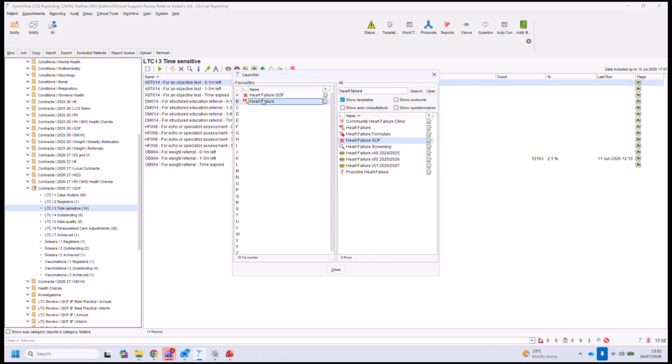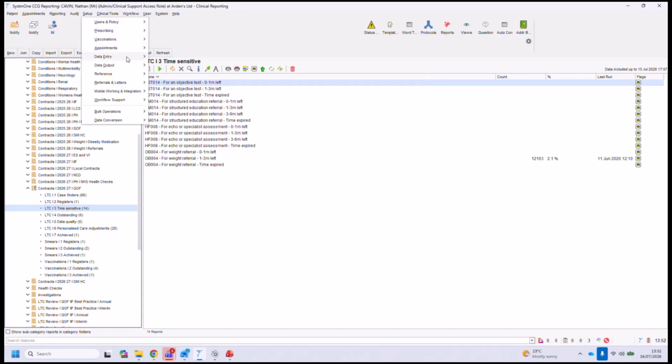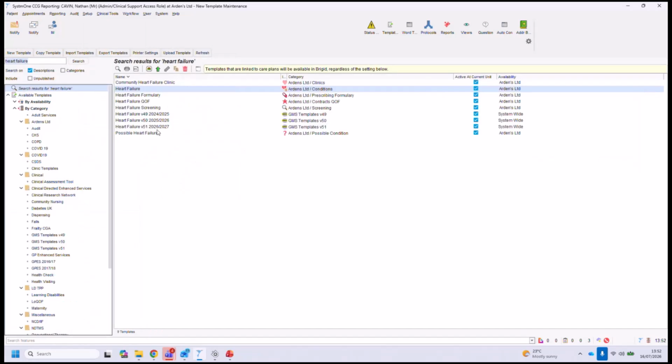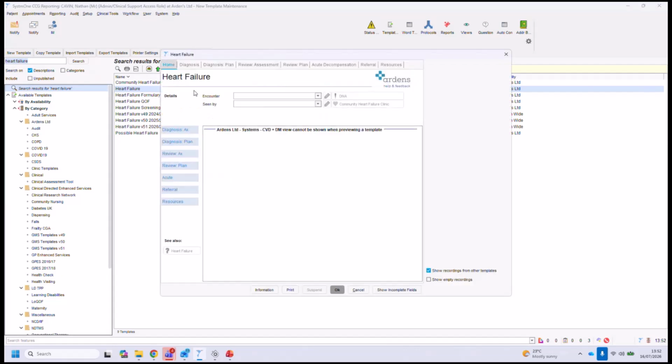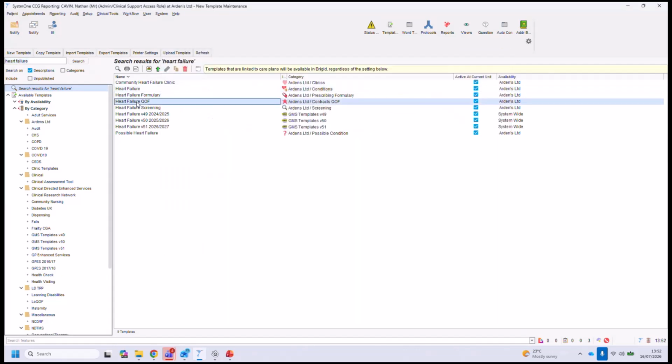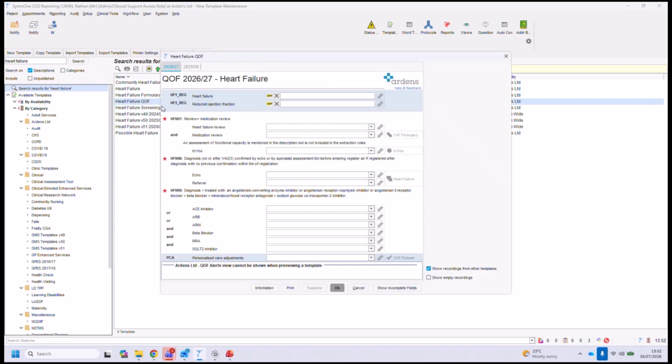Now, I'm just going to show you these templates. I'm going to have to go in another way, but really what you would do is double click to open up those templates. Let me just go in the back way though. So just ignore what I'm doing at the moment. But when you bring up that template, I can do a preview of the template. Oh, sorry, I was going to do the QOF one first. So I'm going to show you the heart failure QOF one, the one with the red star first. That will bring up the QOF codes and rules.